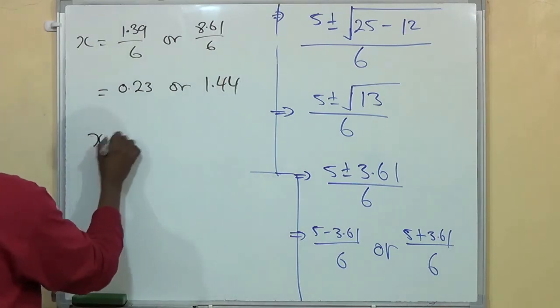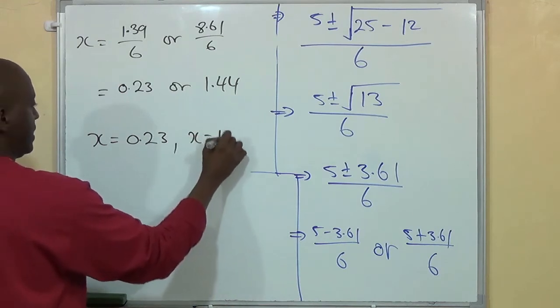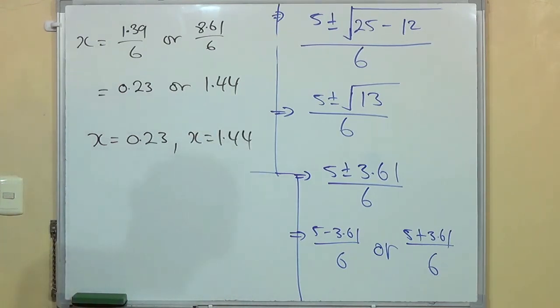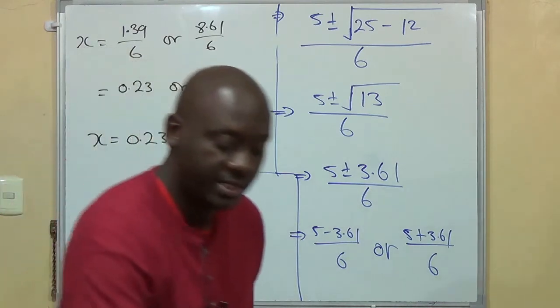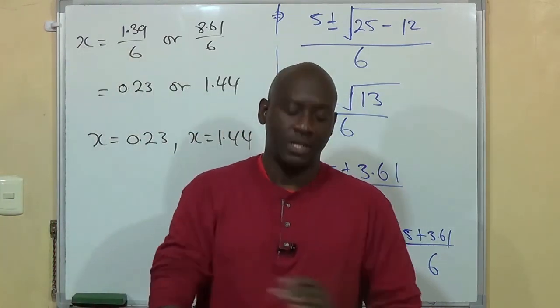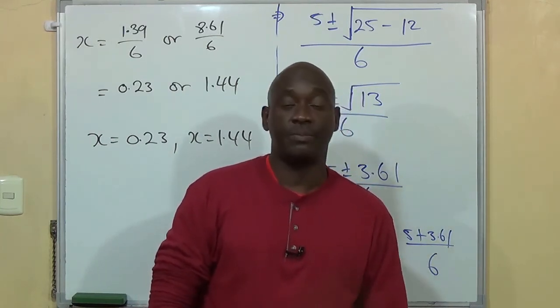So in other words, x is equal to 0.23 or x is equal to 1.44. So you get two distinct values of x as per the dictates of solving a quadratic equation, where you will get two answers. Alright? So I'm going to only work one example of this for the purposes of the video,